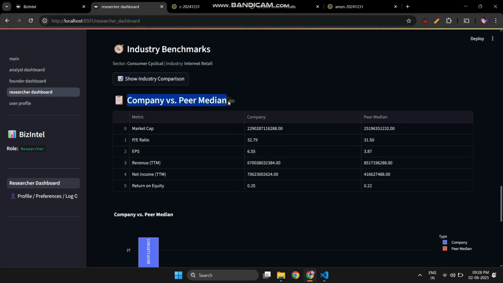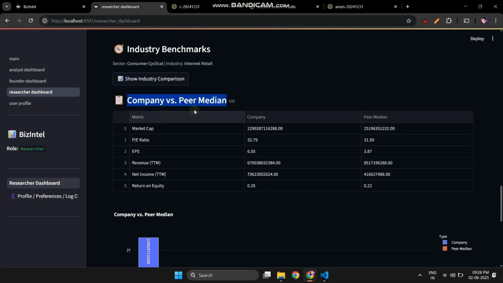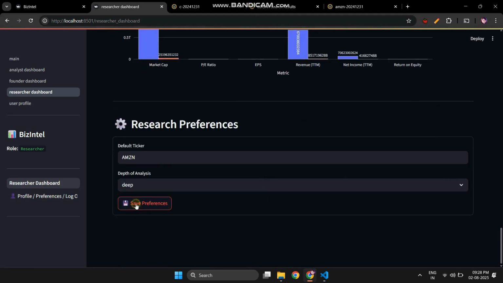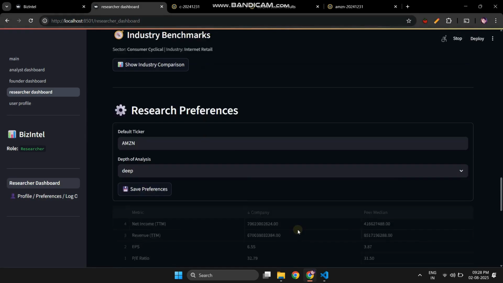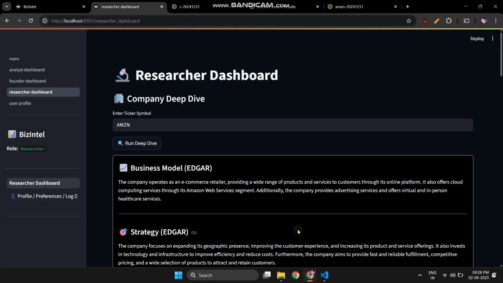Finally, the Preferences panel gives you complete control. Adjust your topics, metrics, or analysis depth, and BizIntel saves everything securely in SQLite, so every session starts where you left off. With BizIntel's Researcher Dashboard, you get EDGAR-powered deep dives, AI-driven insights, peer comparisons,